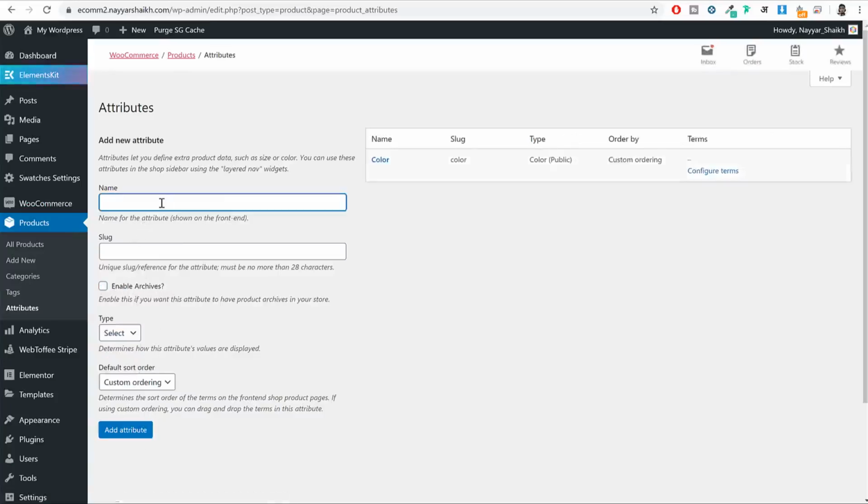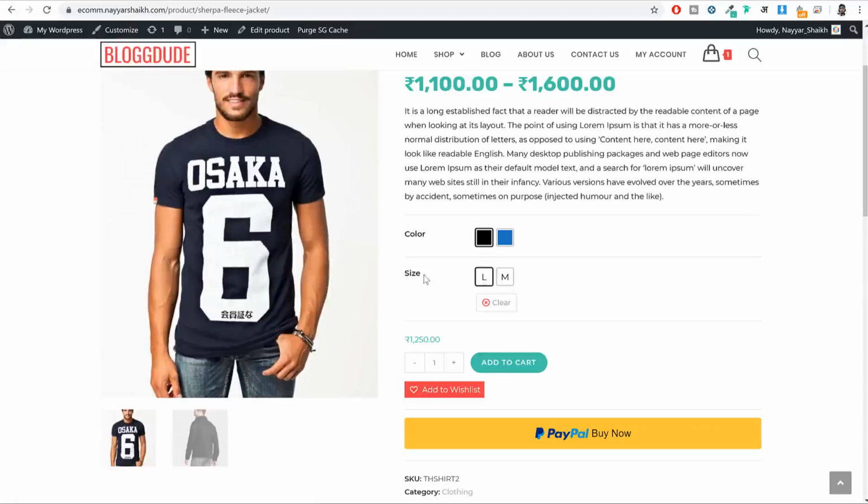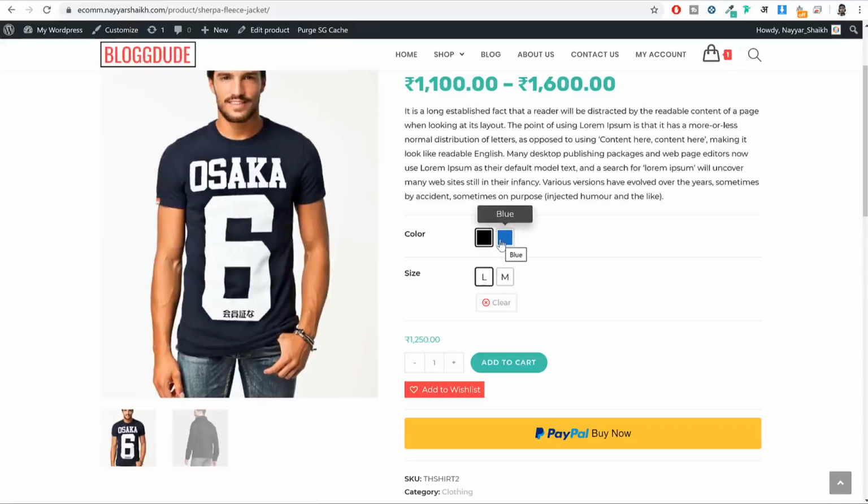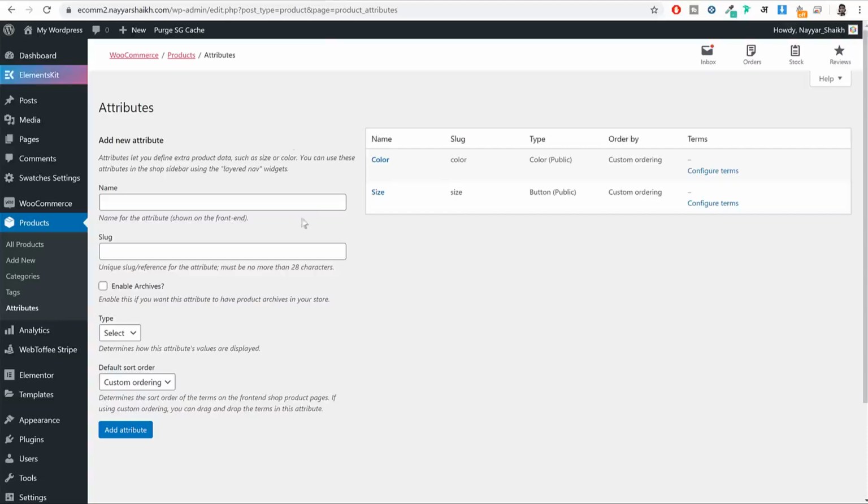Then after that another attribute can be size. So just type in size under name. Make sure to enable archives. Under type you can select buttons and click on add attribute. If you have different fabrics also, you can create fabrics, so that in this image it will display the color of the fabric or the type of the fabric. That will be the image option. Okay, now let's